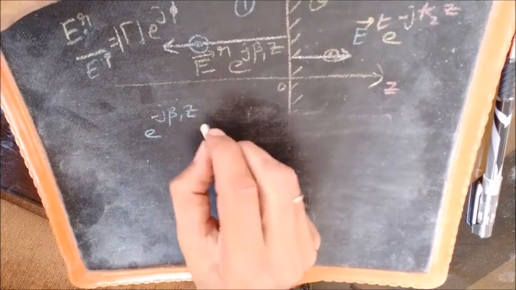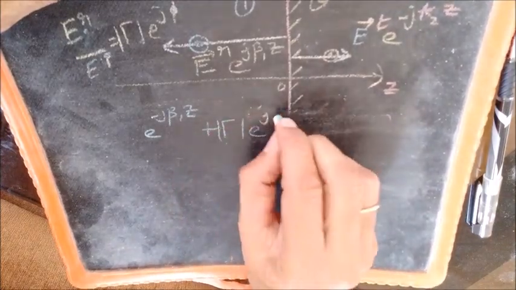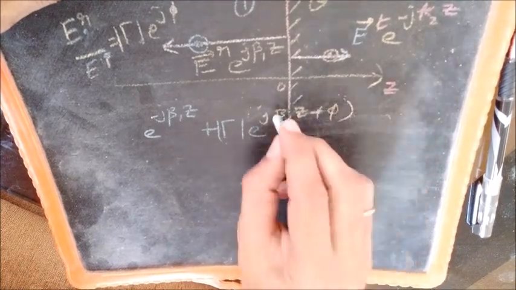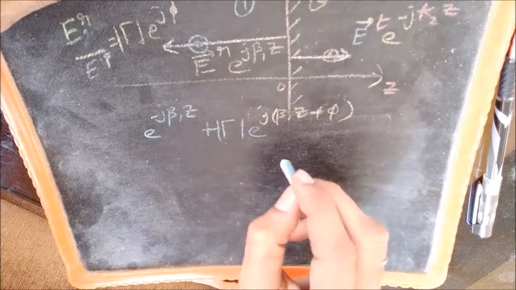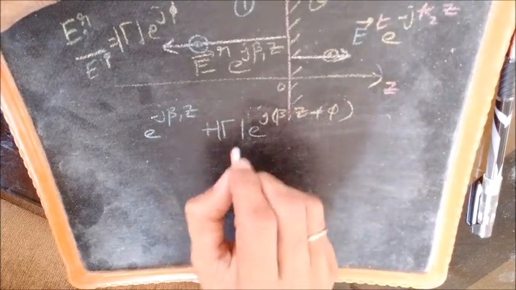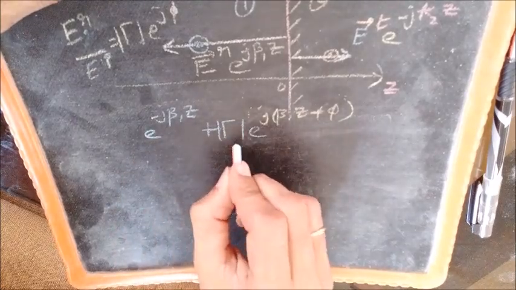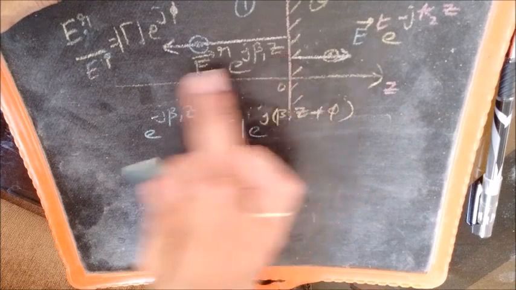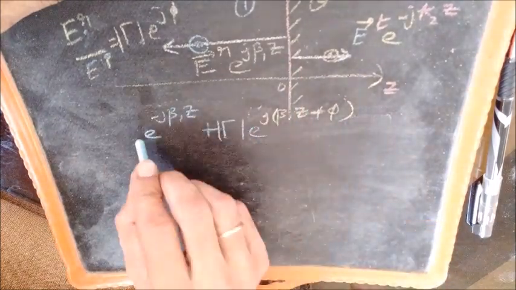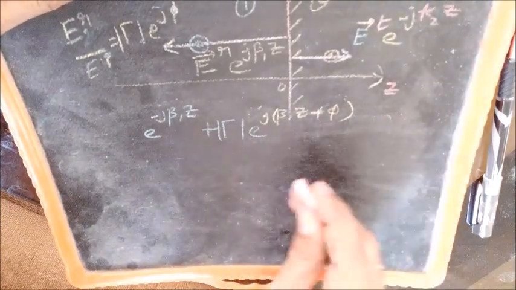a forward propagating wave plus a wave which is propagating in the direction opposite to this with an amplitude less than, of course, that of this. The maximum amplitude it can have is 1, and that happens when it is reflected fully from here. Otherwise, the magnitude of this will always be less than 1. And then, of course, it has a phase term also in general.